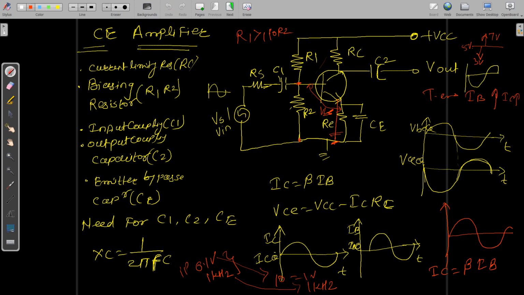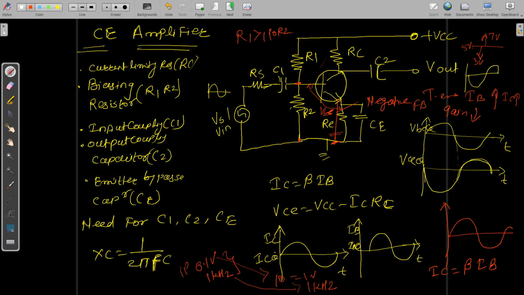And definitely we can see that, as you are having RE over here and a voltage drop over there, this is going to provide me a negative feedback. And we know that in negative feedback, the gain of the amplifier decreases. So there's a trade-off. When you want the gain to be increased, you have to sacrifice the stability, and vice versa. In amplifiers, we use negative feedback so that you get a stabilized gain, because gain can be increased by adding the number of stages. So that is the use of RE in my CE circuit.